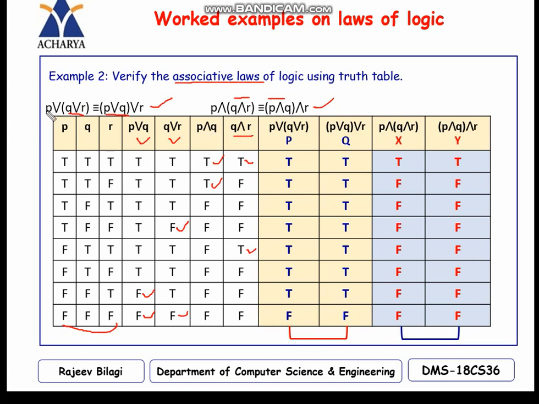So what I need to find out on the LHS is P or Q, or R. So this one I will call capital P and this capital Q. To prove a logical equivalence, these two should contain the same truth values. And after that, if you find the biconditional operator of this P and Q, you should get a tautology. So that is how we are going to prove the laws of logic. Okay, coming to this.